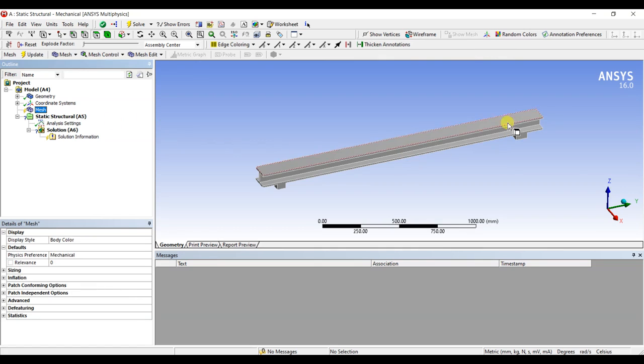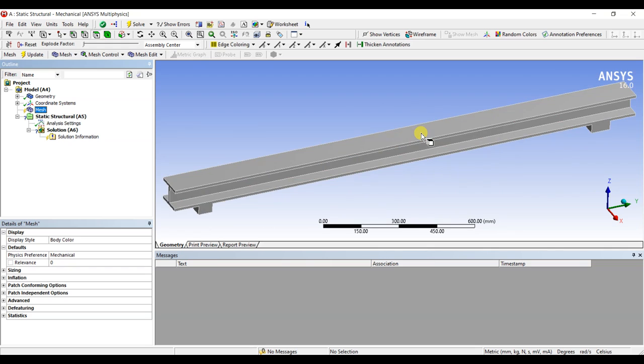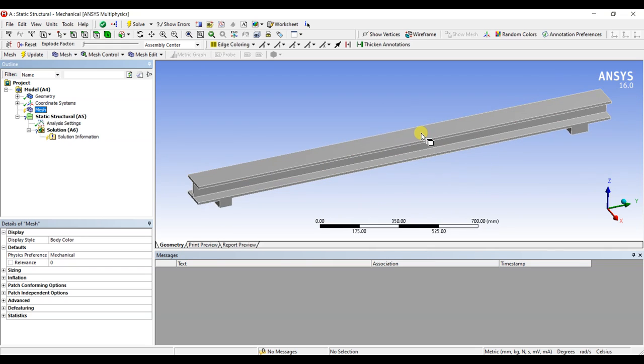By generating the mesh, this body is going to be divided into pieces, like several small structures.